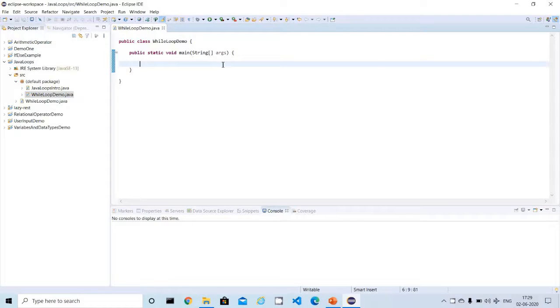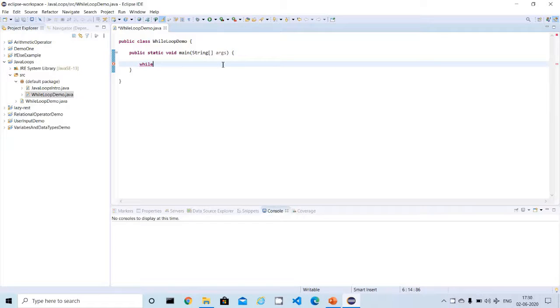The main usage of a loop is when you want to execute a number of instructions repetitively, based on a looping concept. Now let's see the while loop. In the name itself we have the while keyword.